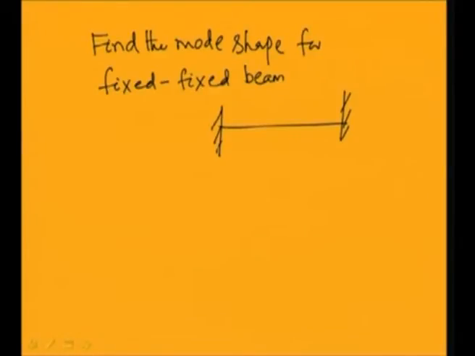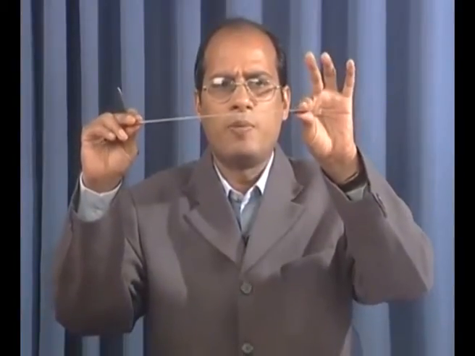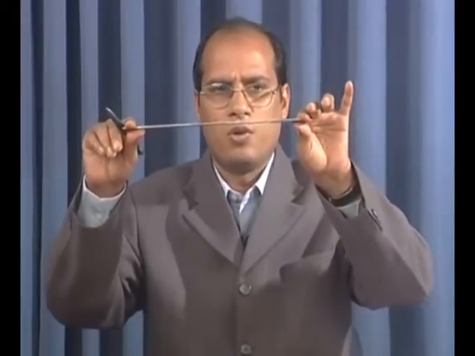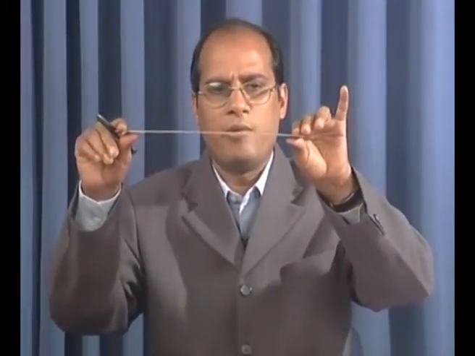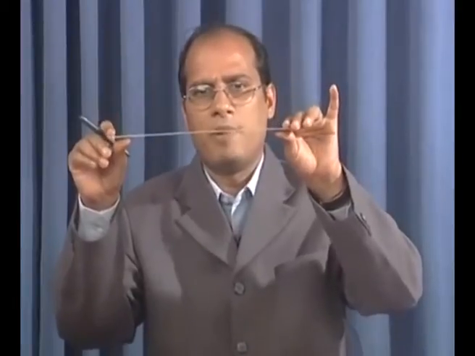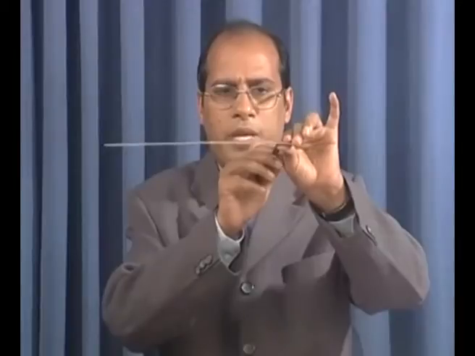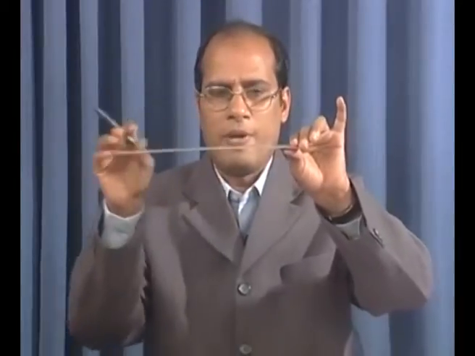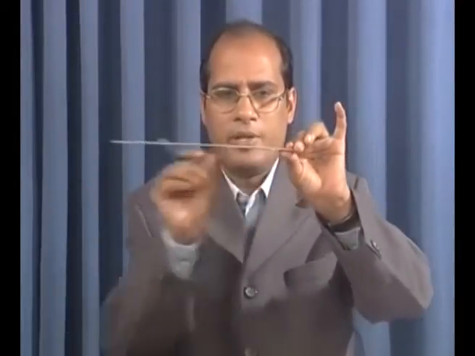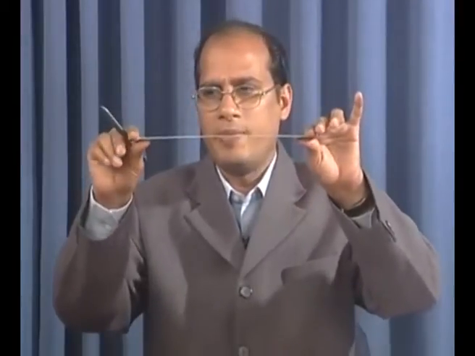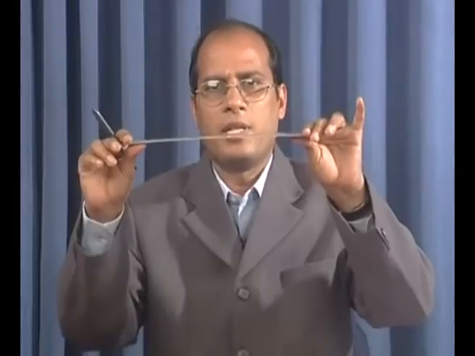In that case, if the beam is fixed at both the ends, there will be no displacement at both the ends, and also there will be no slope at both the ends. Already you have seen the simulation for this cantilever beam. In case of cantilever beam, you have seen that at the fixed end there is no vibration up to certain distance, that means the slope is 0 up to certain distance. So in case of fixed beam, at both ends the displacement and slopes will be equal to 0.